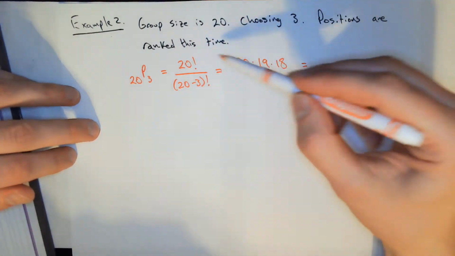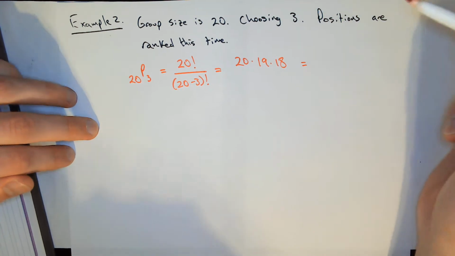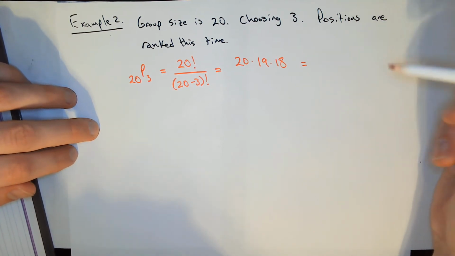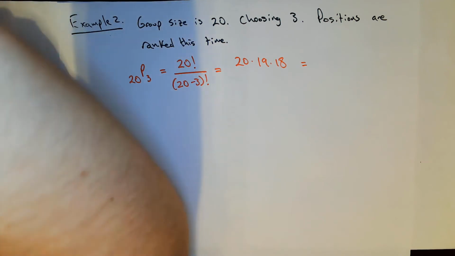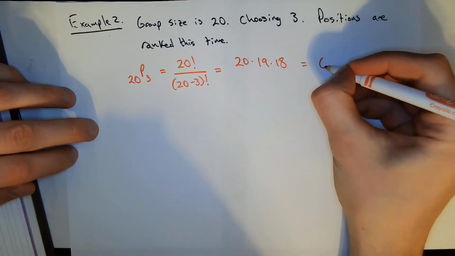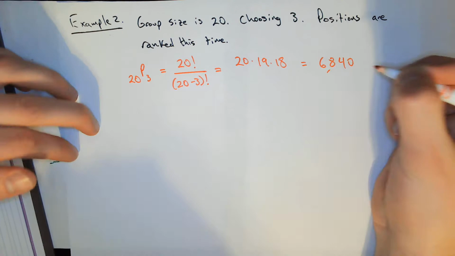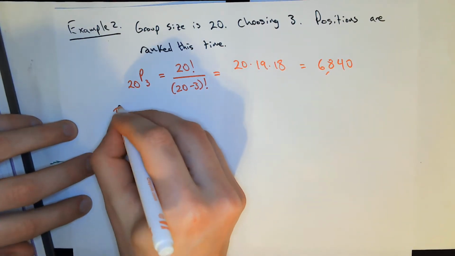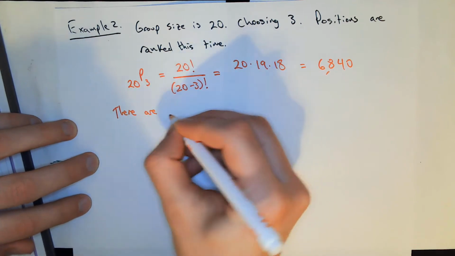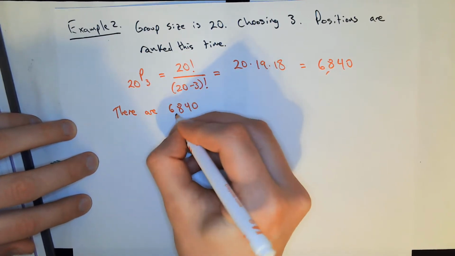Again, I'll let you work that arithmetic out, or you can ask me in class if you're unclear about where this is coming from. We can definitely do that. All right, and that is 6,840. Let me write down what this represents. There are